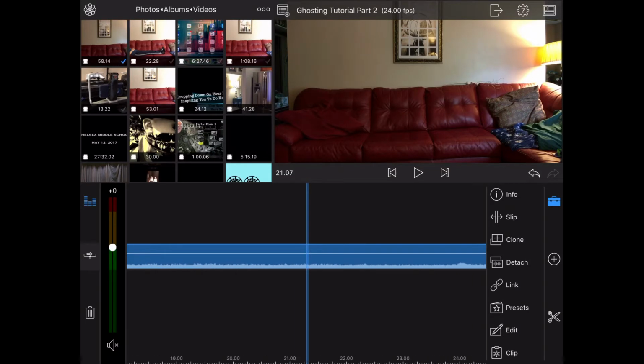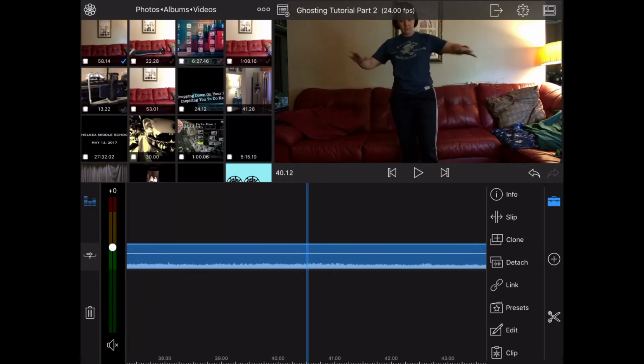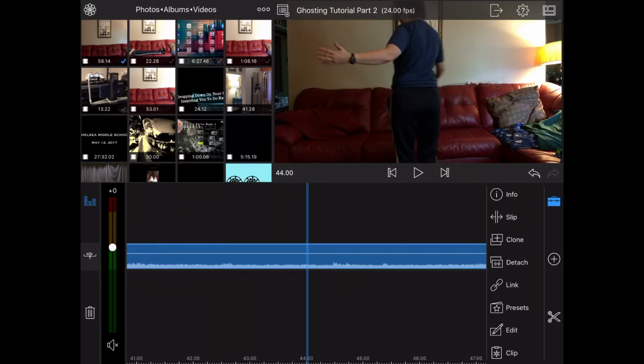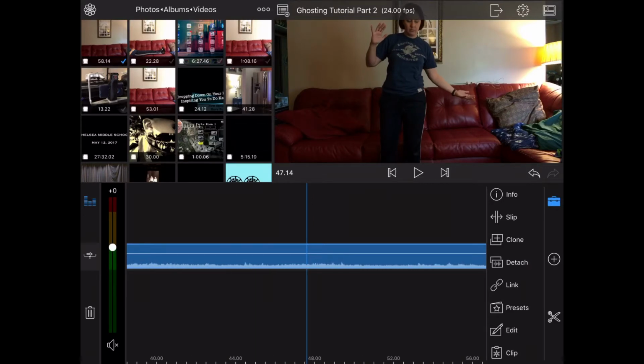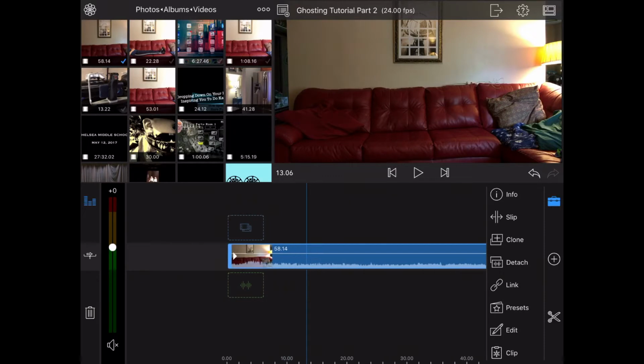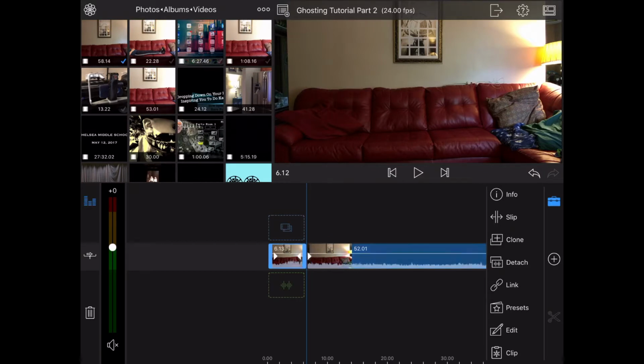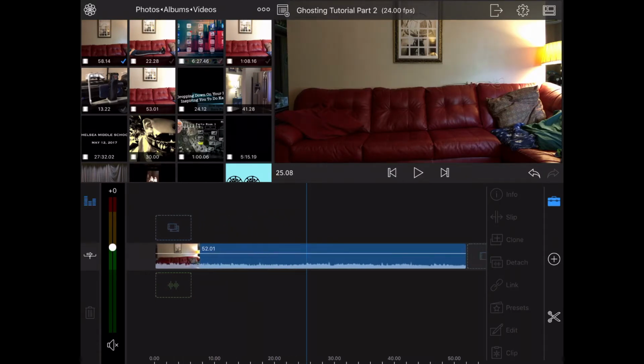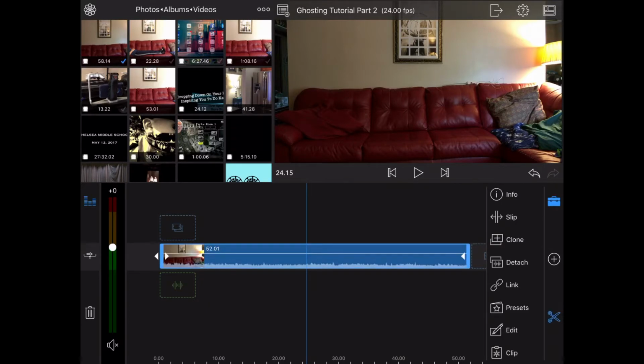We're going to trim off the very first part where you can see me kind of off to the left. It's this long clip of the sofa before I walk in. So we're going to trim off the very start so that we don't get anything except just the sofa. So we're going to trim there. We're going to delete that first section. We're going to scroll until we get to the very end of the sofa, where I just begin to walk into the scene, and we're going to cut it